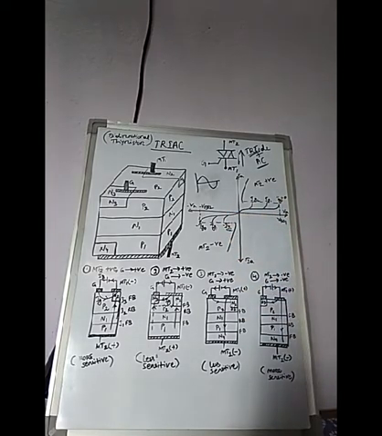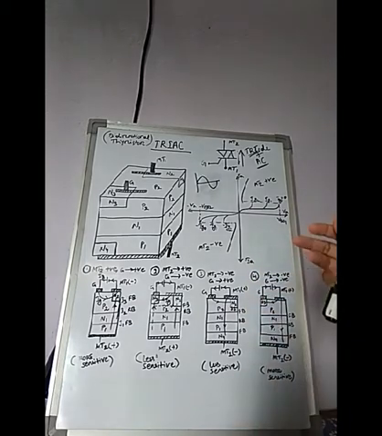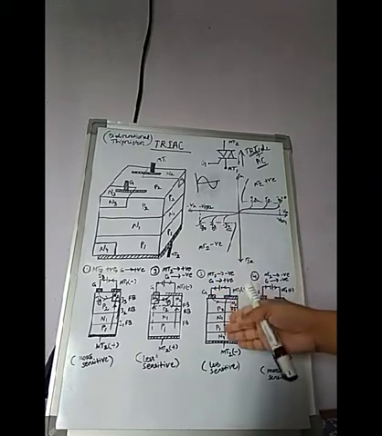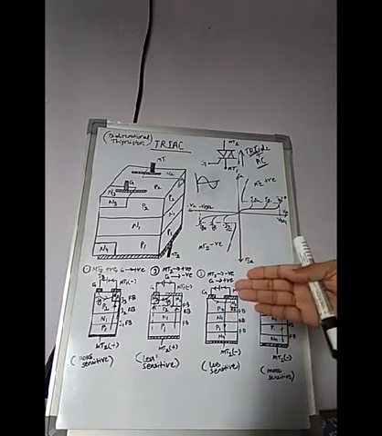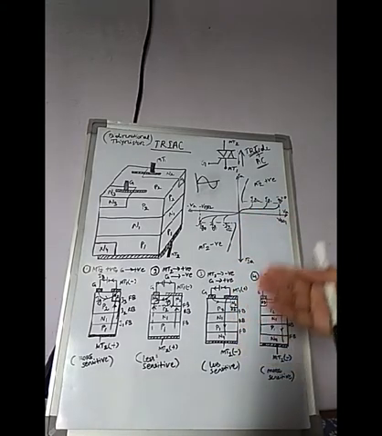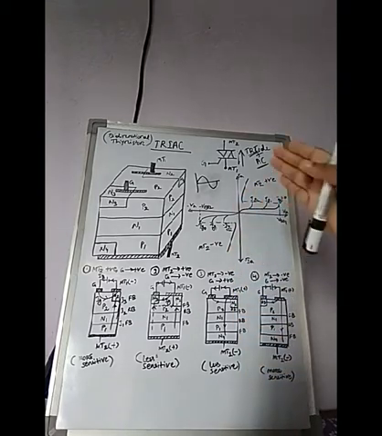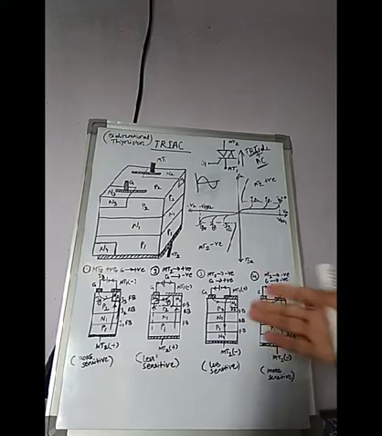This is one type of triggering, already studied in the thyristor section, that is forward voltage triggering. That means under the forward voltage triggering method, the triac can conduct without a gate signal. But the forward voltage triggering method is not a reliable one, that's why we cannot use it. So we need to apply a gate signal.